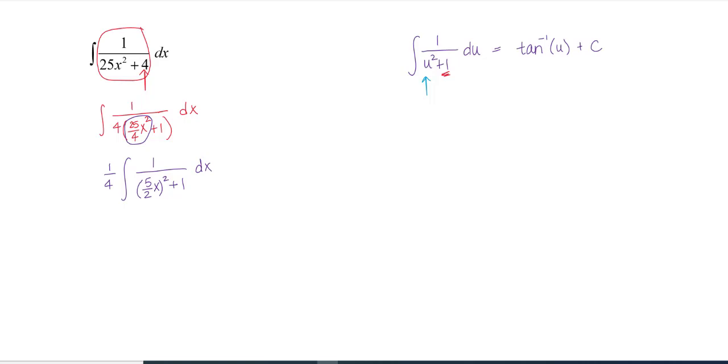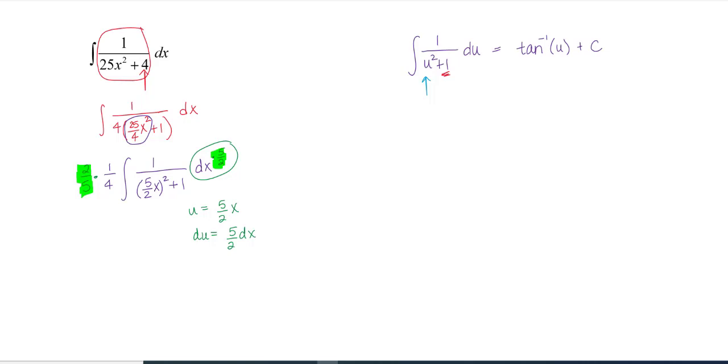Don't forget your dx as you're writing these problems down, because that is your variable of integration. Okay, so now I'm going to assign my u to be 5 over 2 times x, so that du is just 5 over 2 dx. If I put a times 5 over 2 on the inside, because now I'll have the 5 over 2 times dx, I can multiply outside by 2 over 5. Remember, you're multiplying your problem truly just by a factor of 1, because 5 halves times 2/5 multiplies to be 1. So I'm not changing the value of my integrand, I'm just changing the way that it looks.